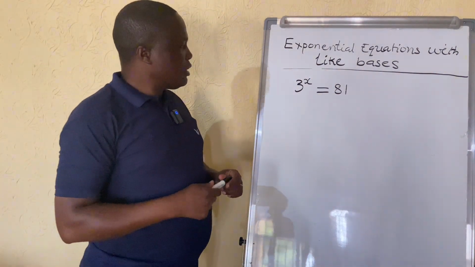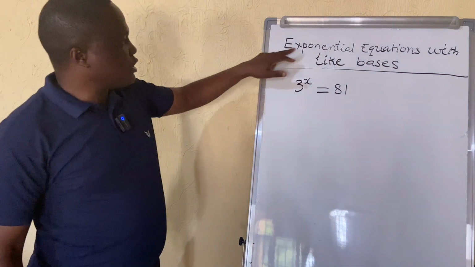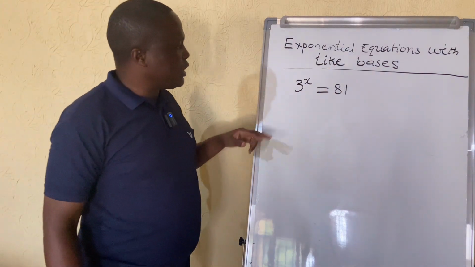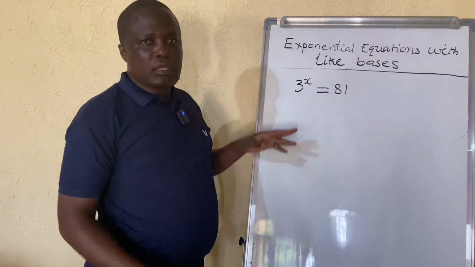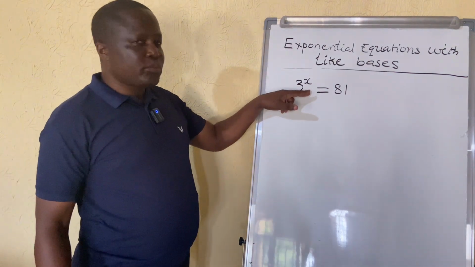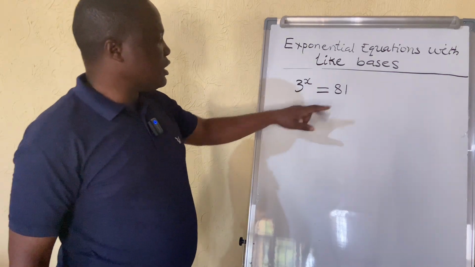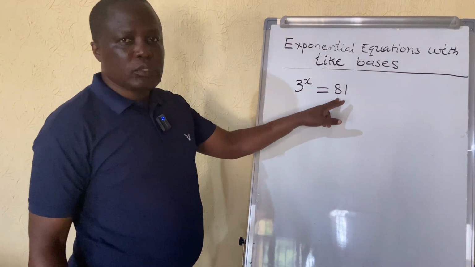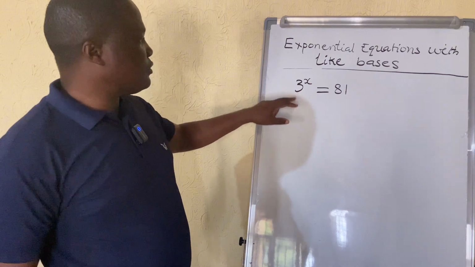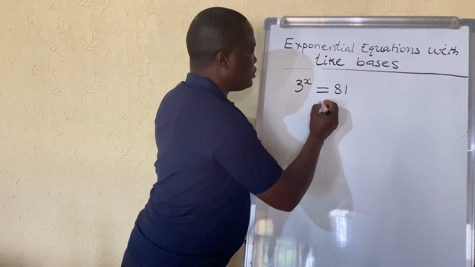Today we are going to see how you solve exponential equations with like bases. So we begin with this simple one here: 3 raised to the power x equals 81. Now we can immediately identify 81 as a power of 3. So we can write this to be equal to